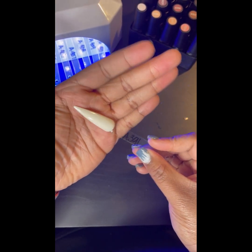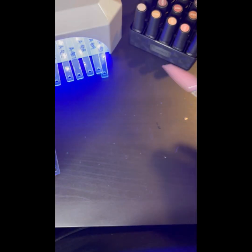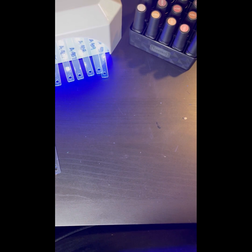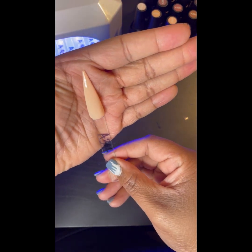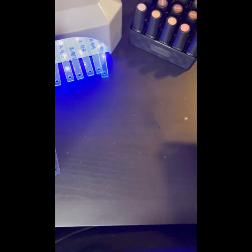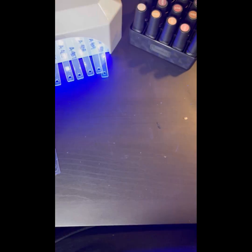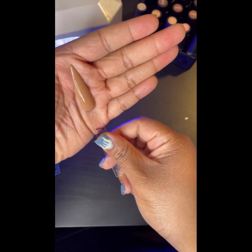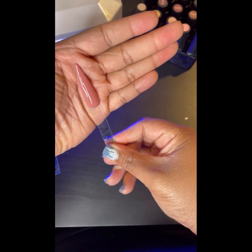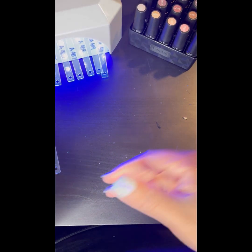So A391, A392, it looks like a cover color, A393, A394, A395, which is a really light pink, A396, A397, and you will see me trying to see what's the perfect nude that kind of matches my skin tone, A399, oh sorry, that was 398, A399,